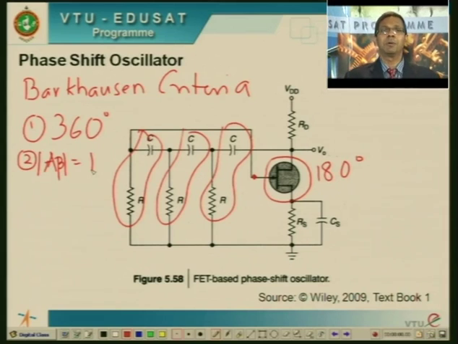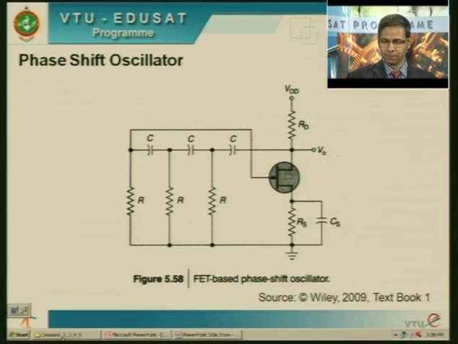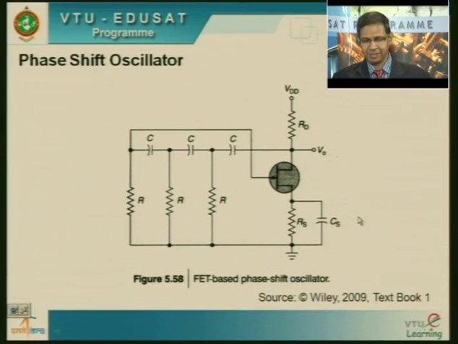So if we are able to satisfy these two conditions, then we can say that oscillations will happen and this circuit will behave like an oscillator. So the two criteria have to be met, and then it becomes an oscillator. So this is how you can use JFET as a phase shift oscillator. Now let's move on then to see the next application. So next application is